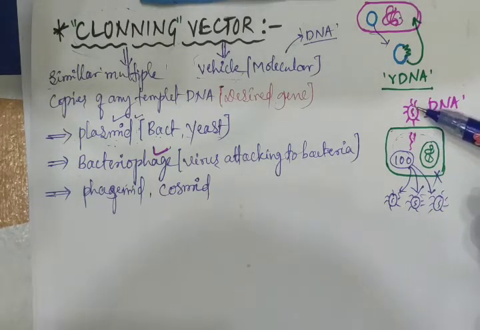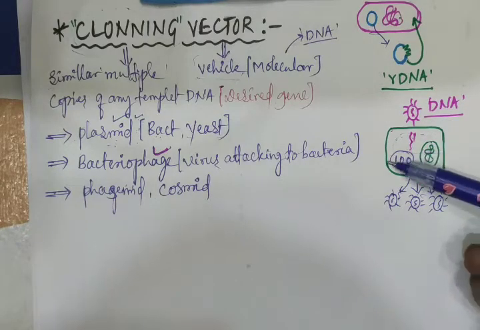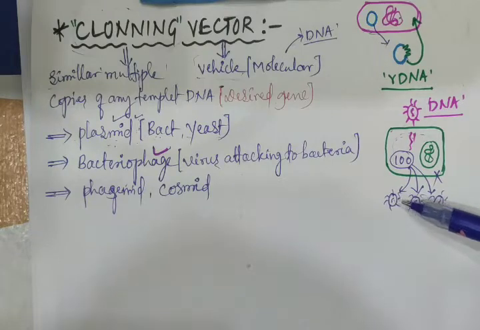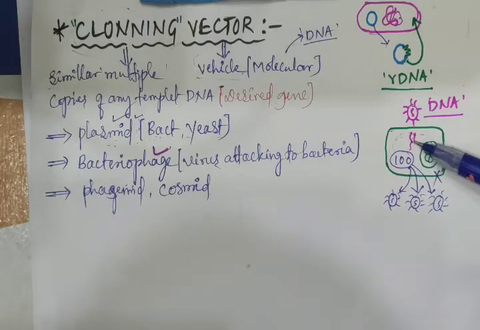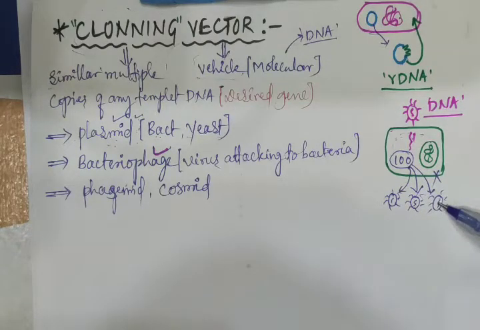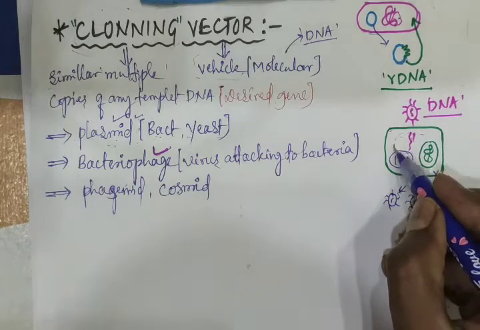But the entering attacking virus is just one. Inside it will multiply 100 times. That means 100 copies are produced, and each virus has one DNA. But the entering DNA is just one. That means one DNA multiplied or replicated 100 times, producing 100 DNAs. That means the copy number of this DNA is 100.